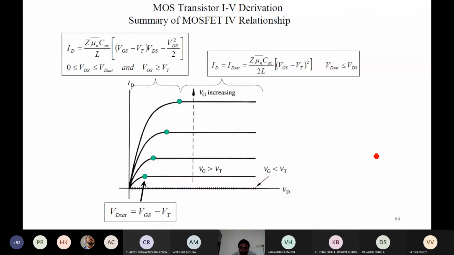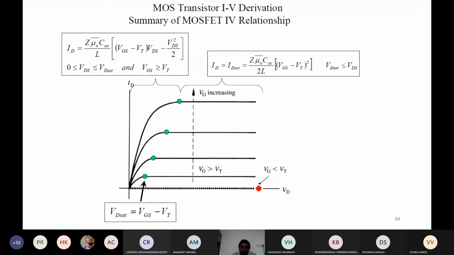As here we can see, VGS is greater than VT in this case, and this was the current. But if you further increase VGS, then the current further increases. Even the saturation current level increases. So the saturation current level increases by increasing VGS only, and drain voltage is not playing any important role. After saturation, drain current is constant. So if you want to further increase the current, you have to change the level of the gate to source voltage, and then a new set of characteristics will come.